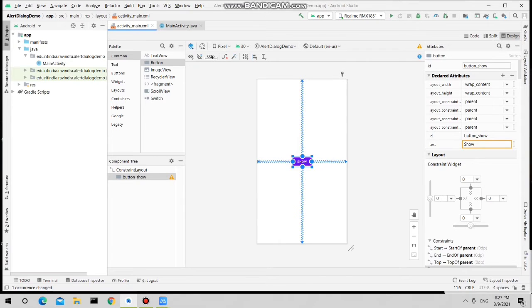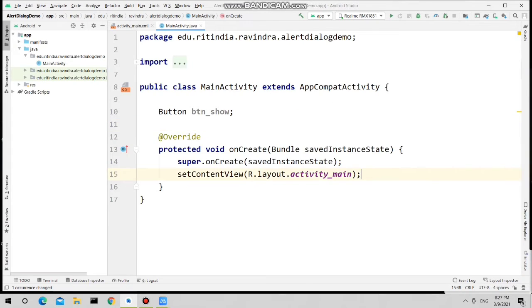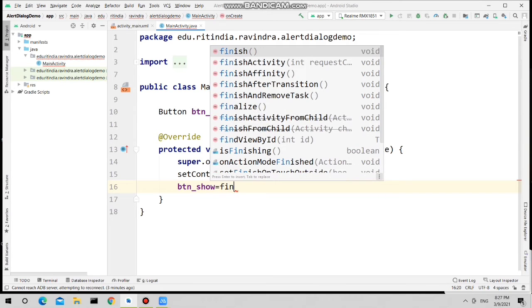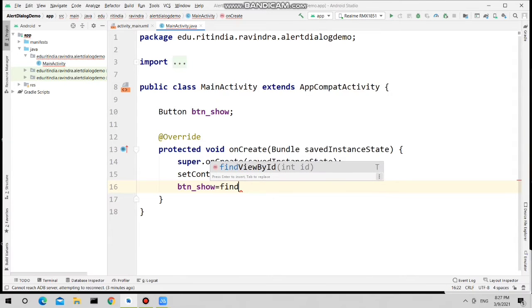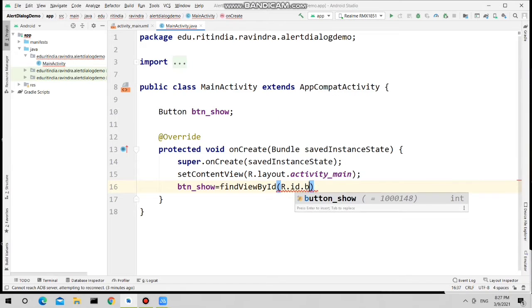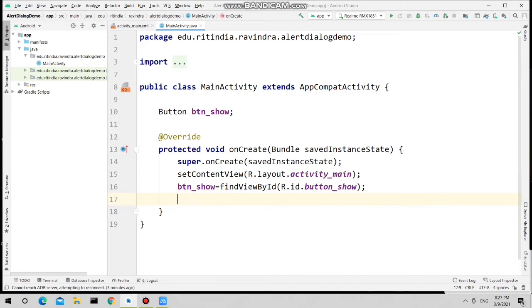Now retrieve the id in this MainActivity.java file by using the findViewById method, R.id.button_show. This will give you access to that button in this Java file. So this button underscore show means that show button.